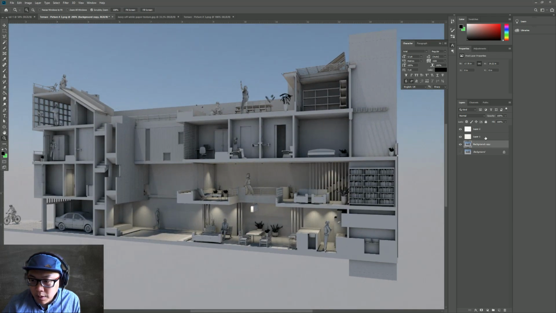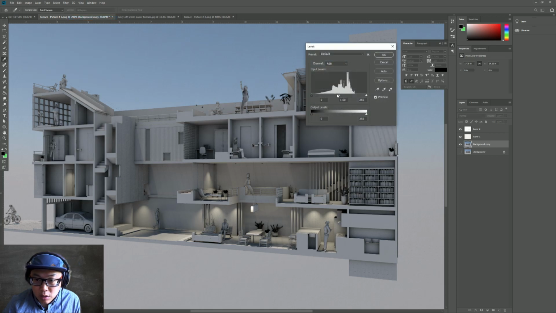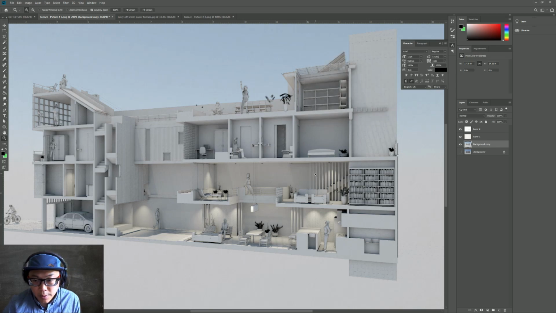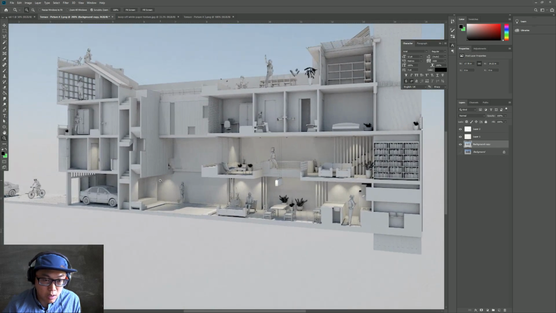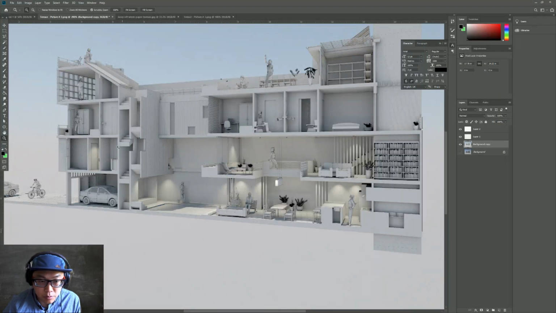And maybe I'll change the background. It's a bit too dark. Kind of like this. Press OK. And go here. It's rendering still. So let's say